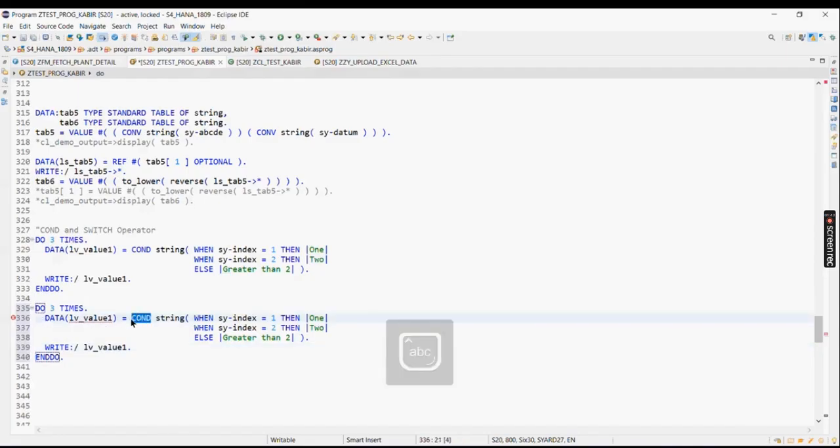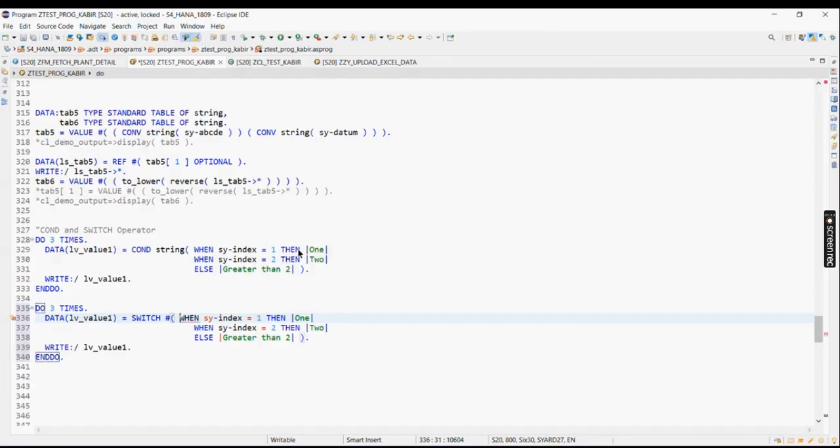So now instead of COND, I will use a switch operator. What if I do not use a string here and hash? And now after you use a switch operator, you need to specify the particular, here there will be no expression. Here it will be for a particular value for which you want to see the conditions, like how you do